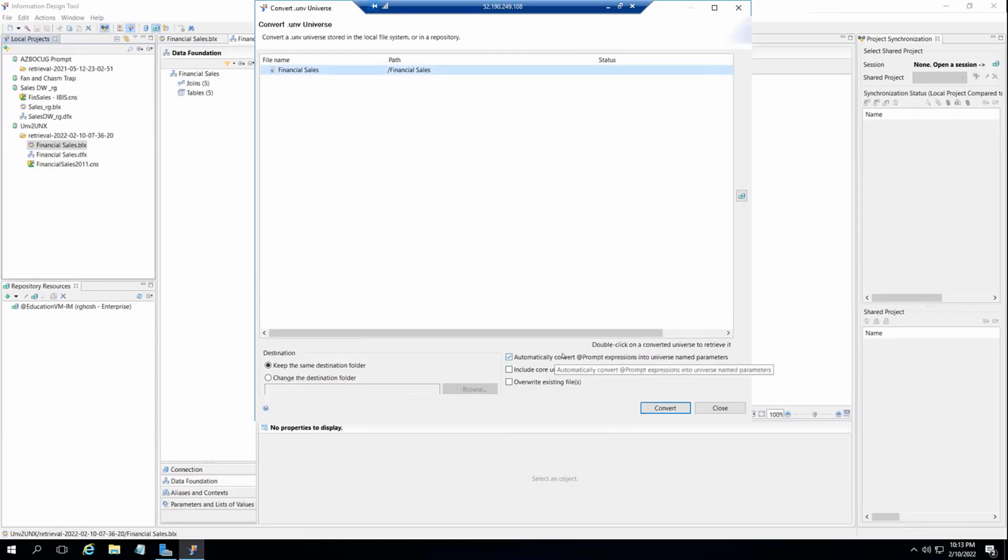But I'll always say that if you have at prompt functions used in your current universe, definitely recheck and see whether you need to fix anything or recreate anything or create a list of values and universe parameters or not. And you have a few other options to choose here, and then click convert.